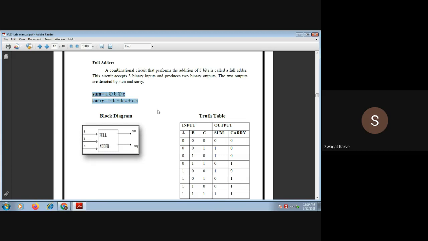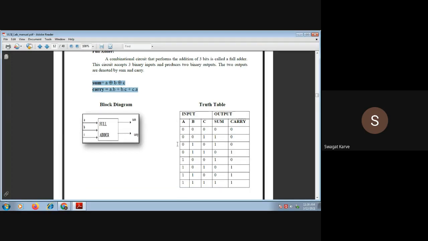A AND B, OR B AND C, OR C AND A. That means A and B, ORed with B and C, ORed with C and A. In this case, you have to understand this C is nothing but C in. Whatever carry input you are giving to the full adder, that is the C. By using this equation, you can get the carry.